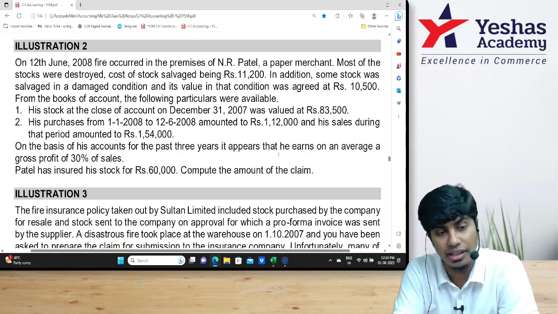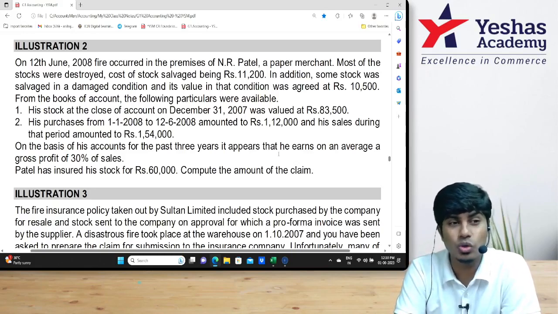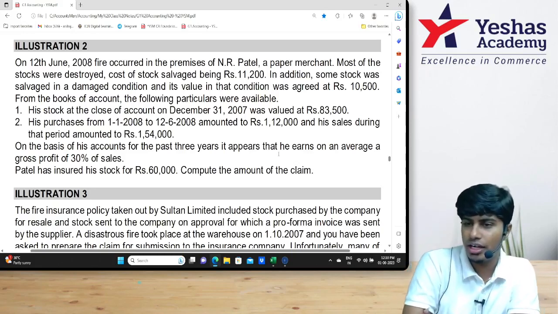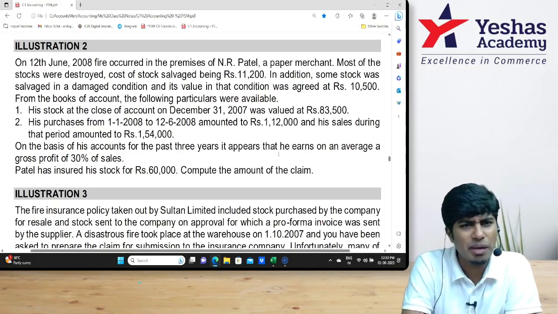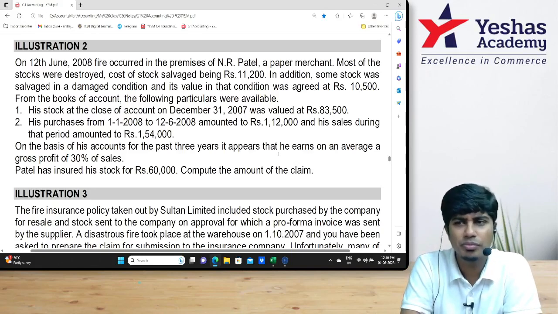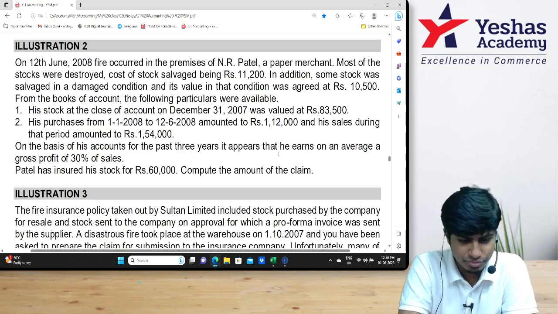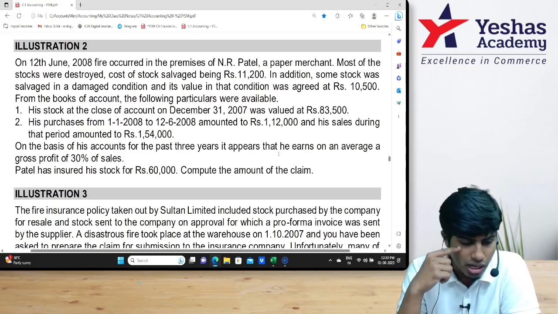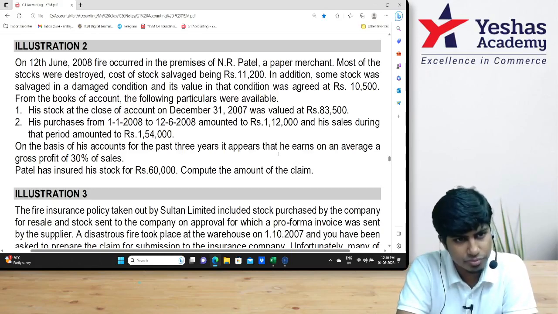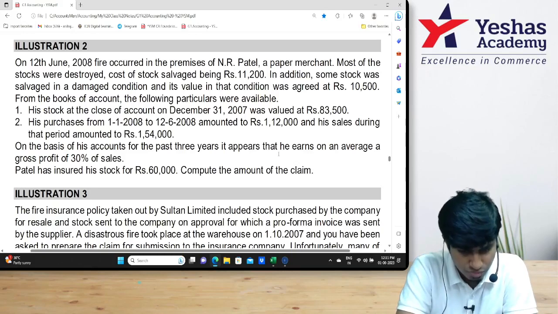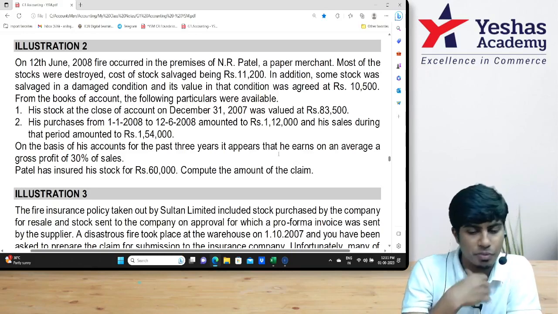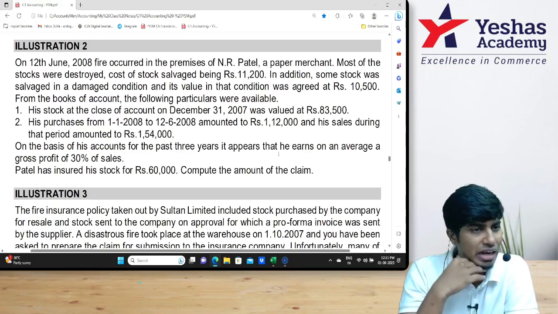That is last year, right there. Underline that. Last year closing stock is current year opening stock. Hey, how many of you have done this chapter in BCom? Not bad. Next. This will become opening stock in our memorandum trading account. This is purchases till the date of fire. This will come in memorandum trading account as purchases. 1,12,000. Sales is 1,54,000.